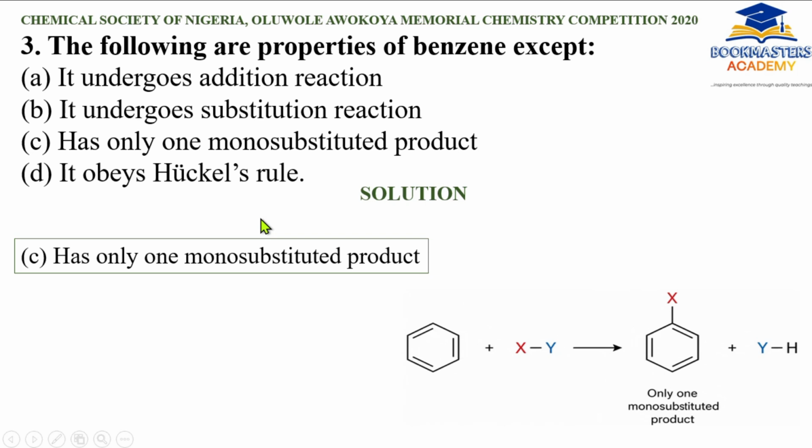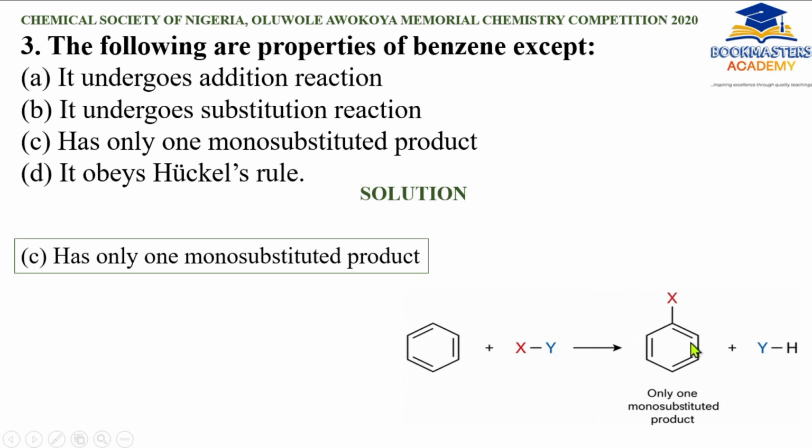For option C, which we'll be looking at first, it has only one monosubstituted product. What this means is that when you replace any of the hydrogen present in the molecule benzene, C6H6, that is 6 carbons, 6 hydrogens, 6 carbons are linked to 6 hydrogens, if you replace any, you're only going to form a compound that looks like this. No matter the position you replace the hydrogen,